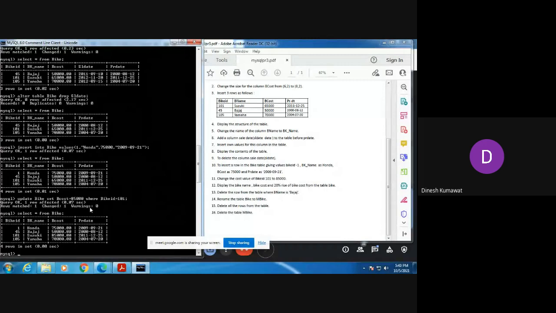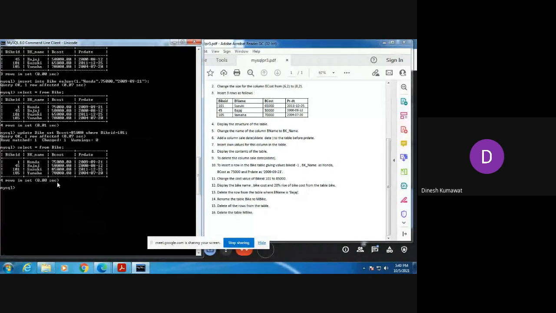So you can see now I am having that value as 85,000 for the entry 101 as bike ID. So you can use the update command using the where clause. So this is all about our question number 11.